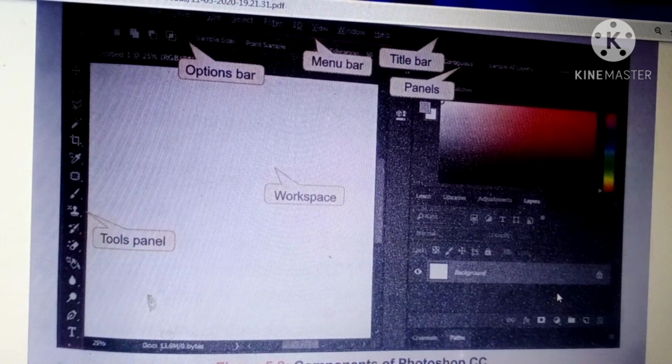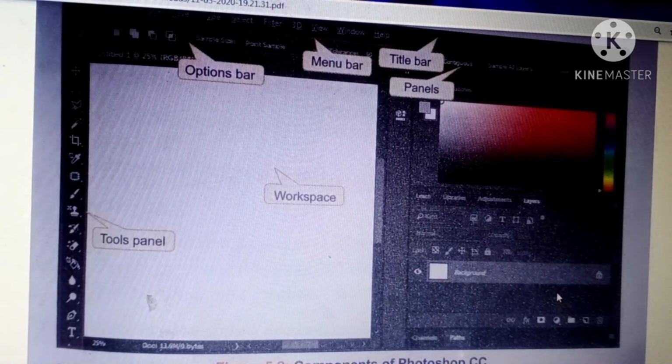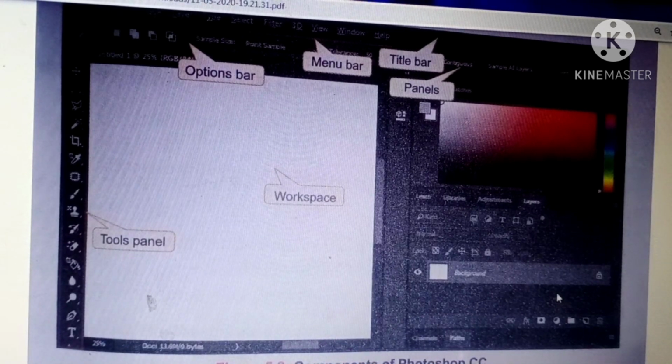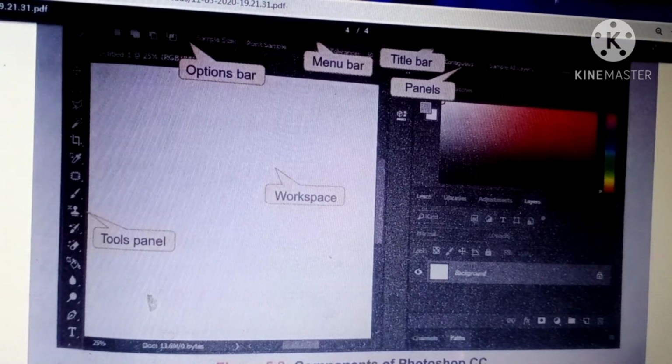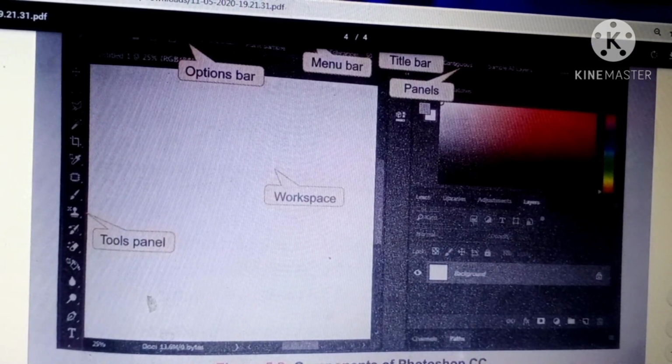The layers panel displays all the layers in an image. I told you how you can divide your image into different types of layers, and that panel will show you all the layers. These were the panels on the right side, like the color panel, swatch panel and adjustment panel.